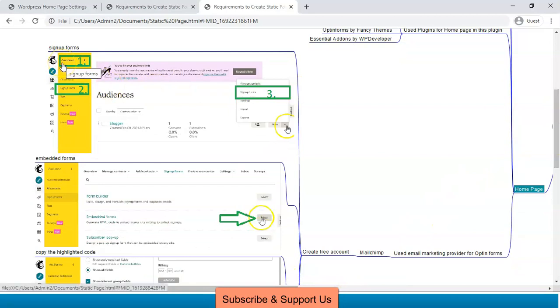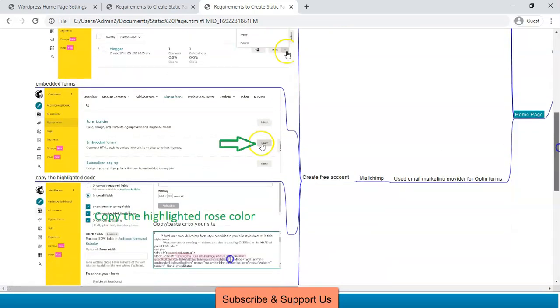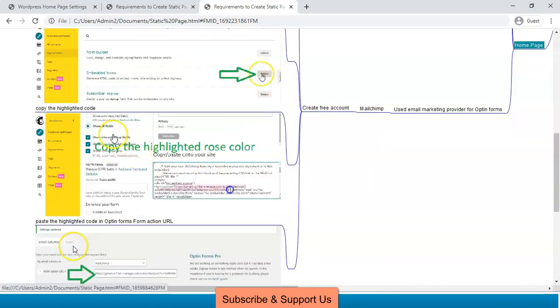Go to Audience, click Sign Up Forms, choose the drop-down and again click Sign Up Forms. Here, select the Embedded Forms. In the Embedded Forms page, scroll down and find the Copy or Paste Code onto your site option. Scroll down this option and copy the highlighted rose-colored URL given here.